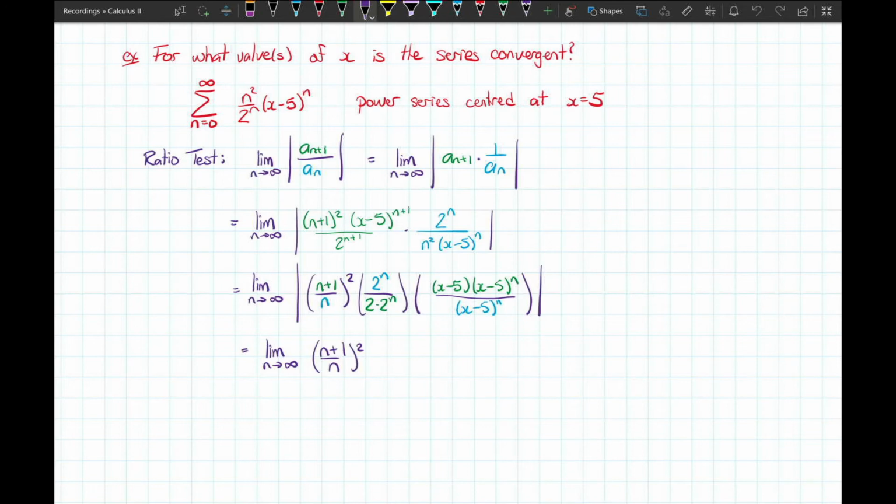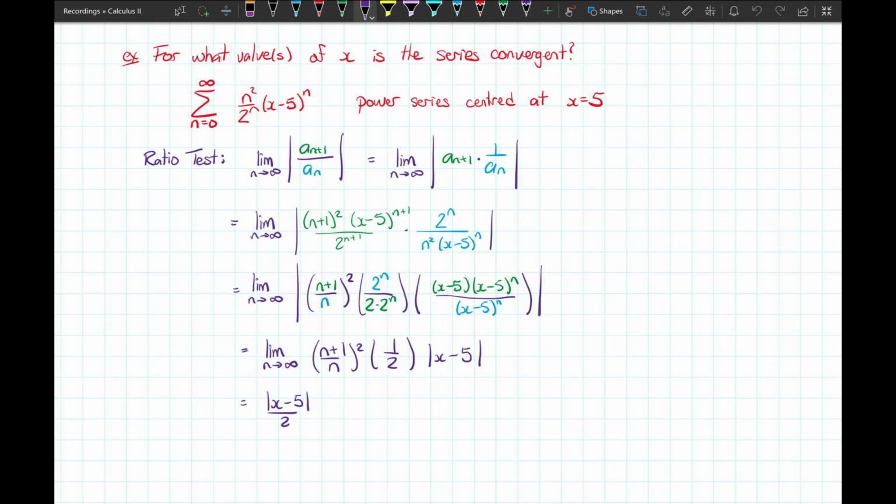The 2 to the n's cancel out, and we're left with 1/2, which is already positive. And finally, we have x minus 5 to the n canceling x minus 5 to the n, and we have x minus 5. Now, it depends on what x is. We don't know if x minus 5 is positive or negative, so we'll have to keep the absolute value around that factor. And much like last time, any of these factors not involving n can be moved out front of the limit. In this case, we have the absolute value of x minus 5 all over 2,